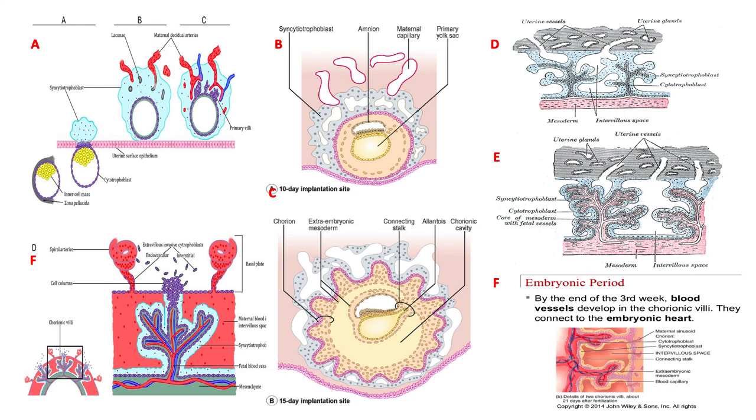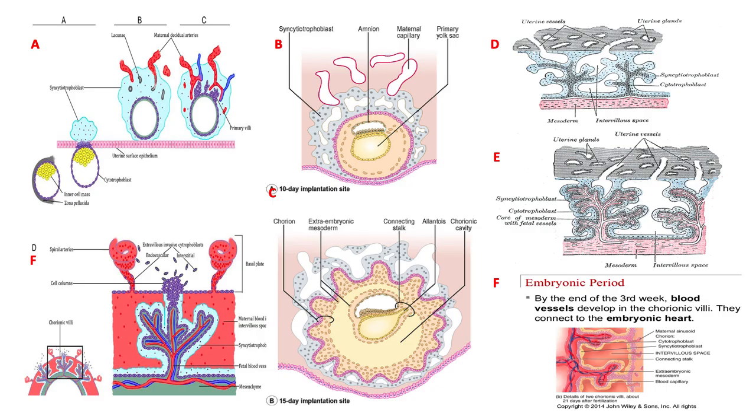In C down here, you could also see how the cytotrophoblast has formed projections, and you can see mesoderm has filled the projections. So at this point, it is not a secondary villi because it has mesoderm within it. And then diagram D is showing us that at this point the cytotrophoblast has grown. You can see inside the darker cells are the cytotrophoblast, the light blue outside is the syncytiotrophoblast. Alright, so in this it is called the primary,